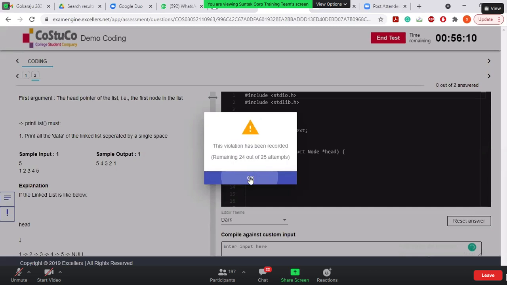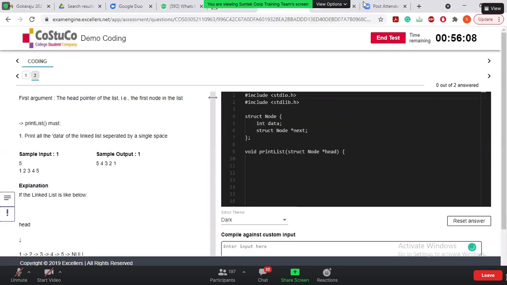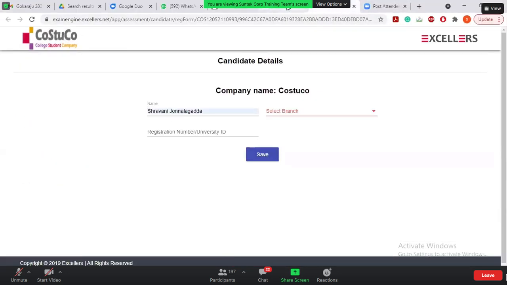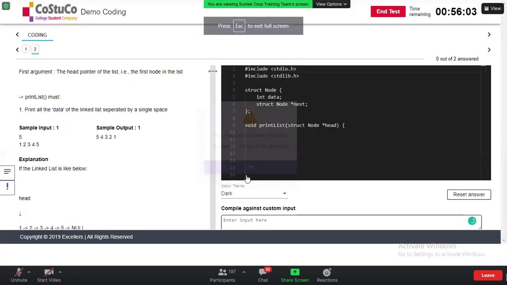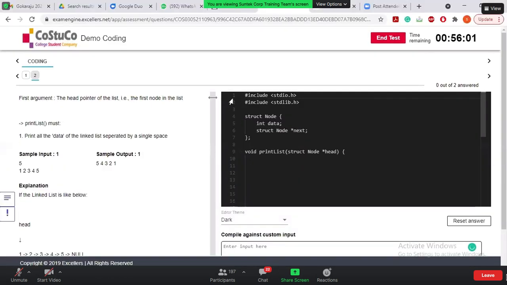So after 5 times, it will give you a warning for 5 times and the test will be closed automatically. So make sure that you don't switch between the tabs and you don't come back again. Okay, so that is about it. Because this is a demo, the attempts of tab switches are set to 225. But because you have a test in the evening, it will be 5 tab switches, not more than 5. Okay, so that is about the coding.